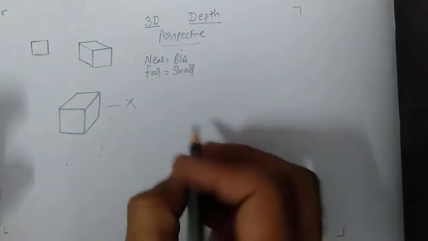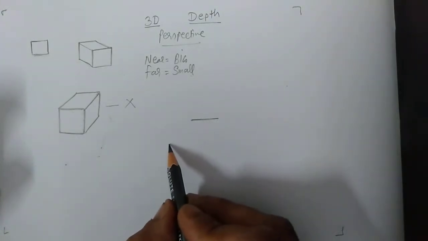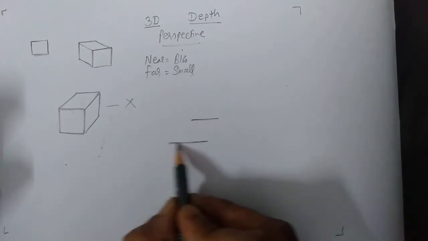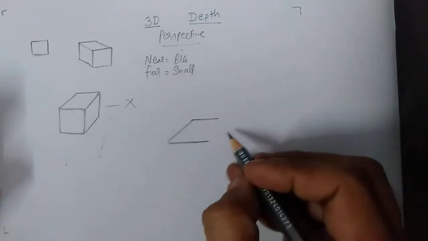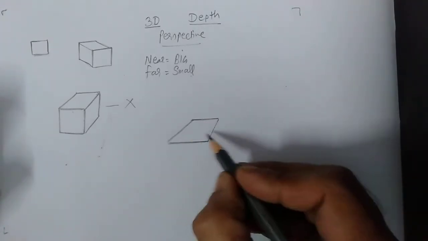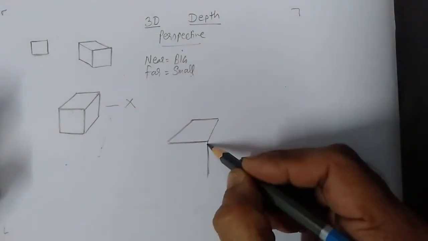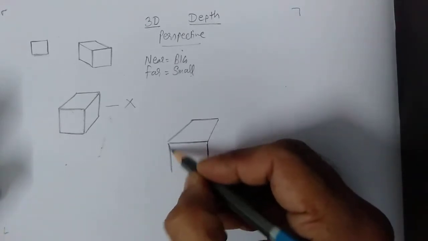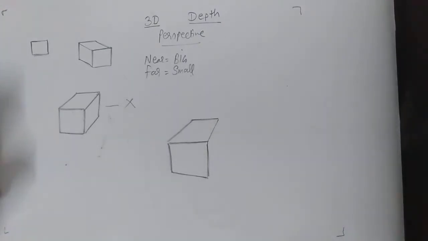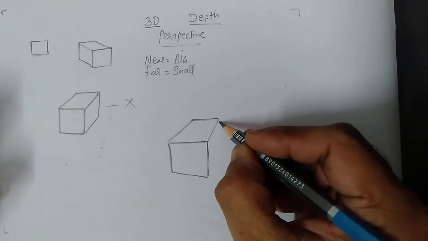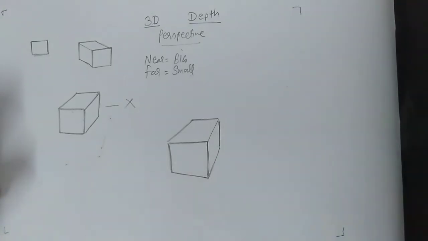So the appropriate way to make a cube is, make a line, and the line which is near to me will be a little bit bigger like this. Then if you meet this line, and you meet this line, then of course these two lines will not be parallel to each other. The same way, this is the line which is near to me, this is the line which is a little bit far, so it will be small, and like this. If this is the line which is near to me, this line will be a little bit smaller because this is far, and join this.